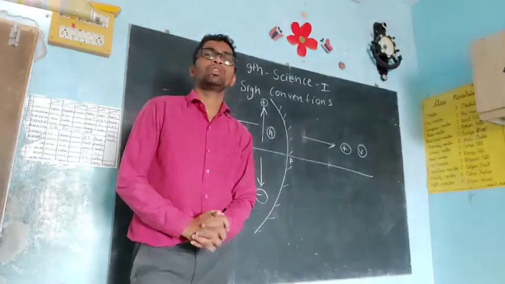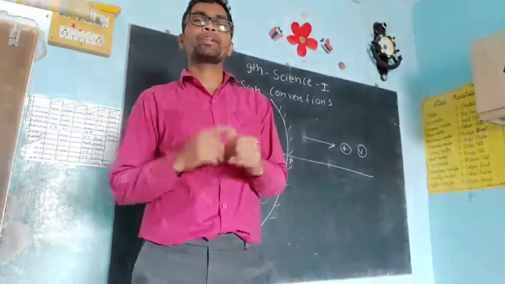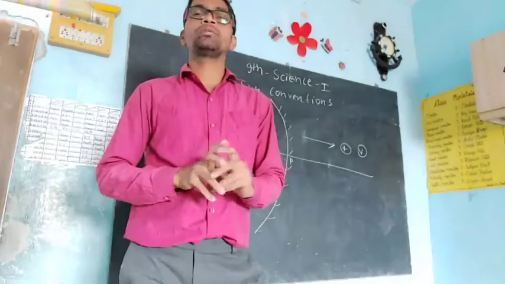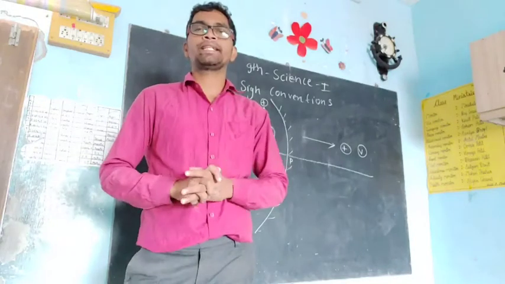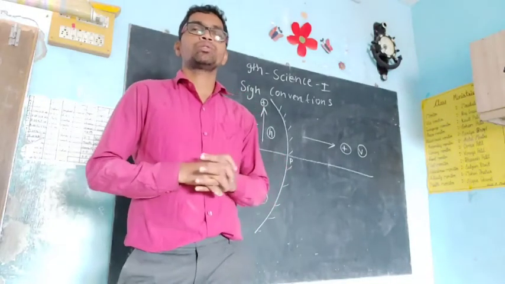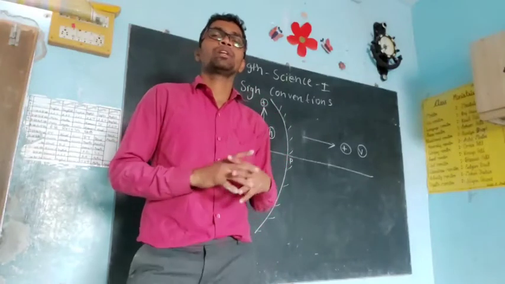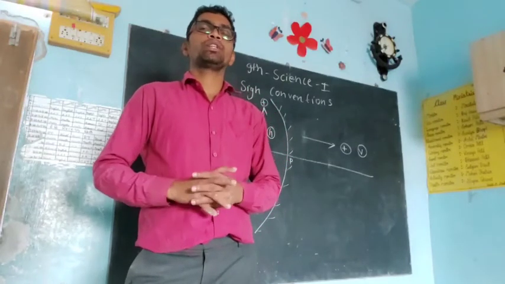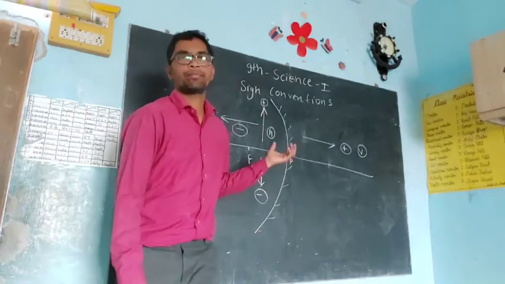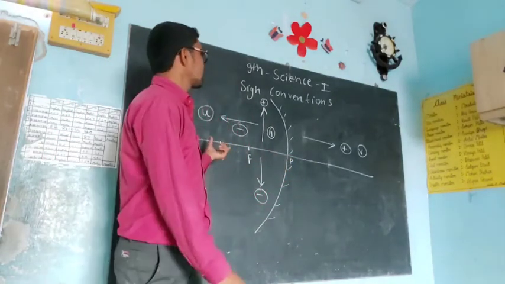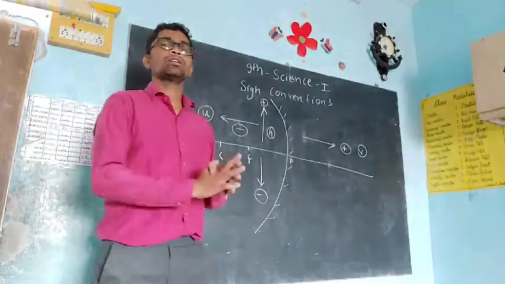Today we are going to learn 9th standard science part 1, topic number 11. Already we have started this topic, reflection of light. In that topic we have already learned types of mirror and ray diagrams, how to draw in a concave mirror. So today we are going to learn some sign convention of distance and height related to